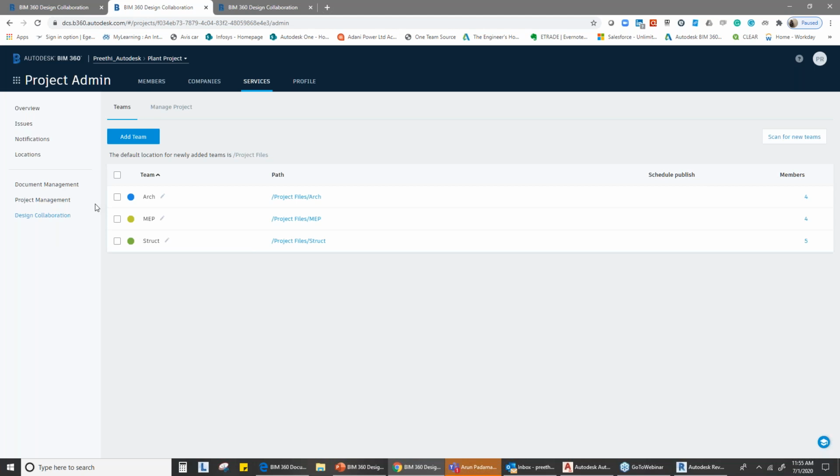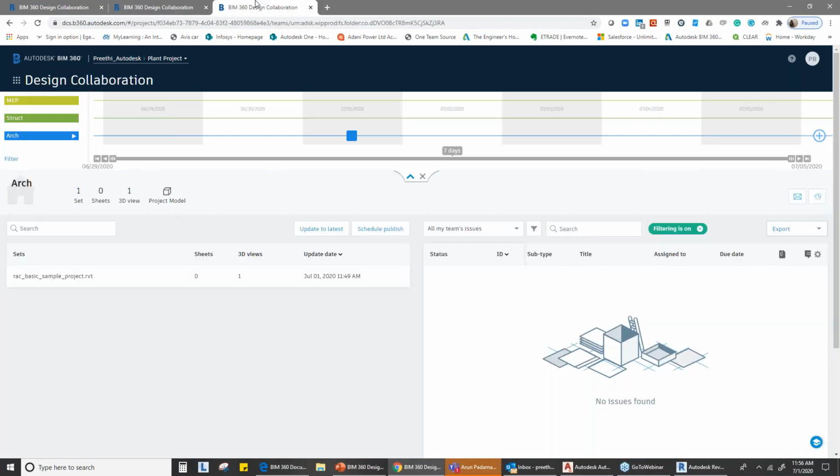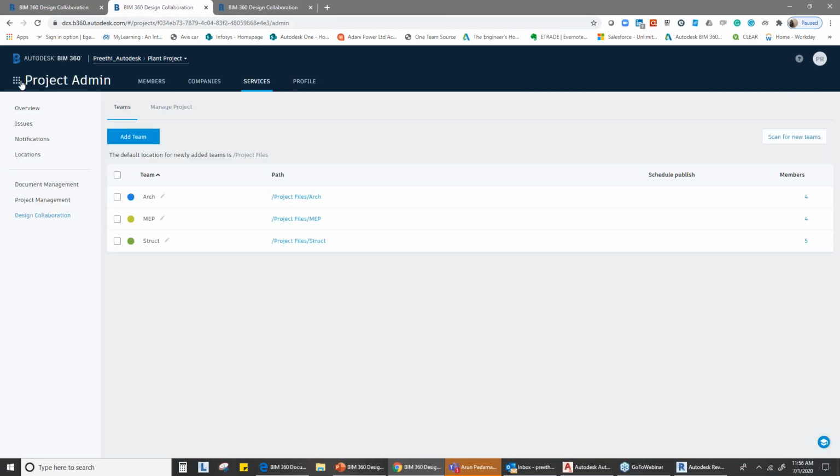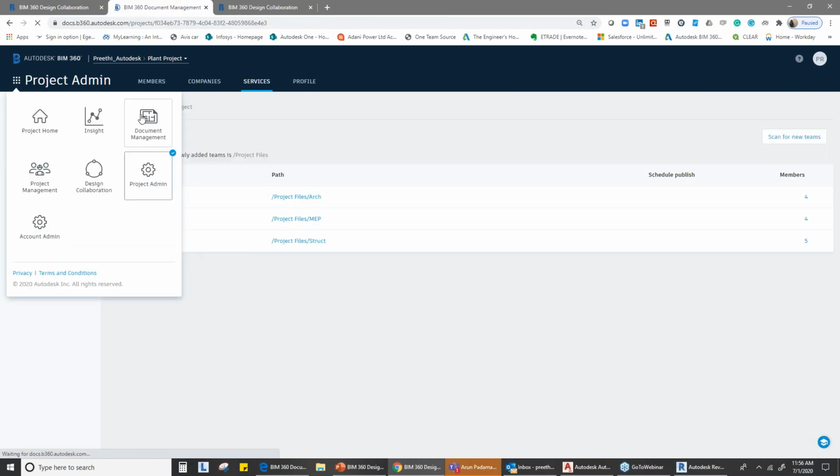It could be in the form of respective contractors or stakeholders who are therein. Create those teams, and invite the respective team members who will be collaborating their piece of information on the cloud. Now, once you've added the different team members and created different teams, the subsequent document management system has